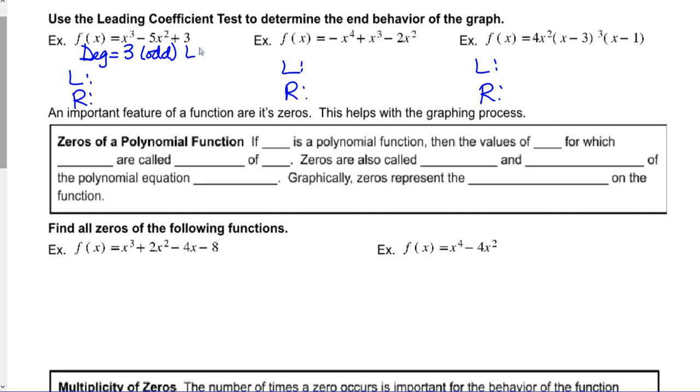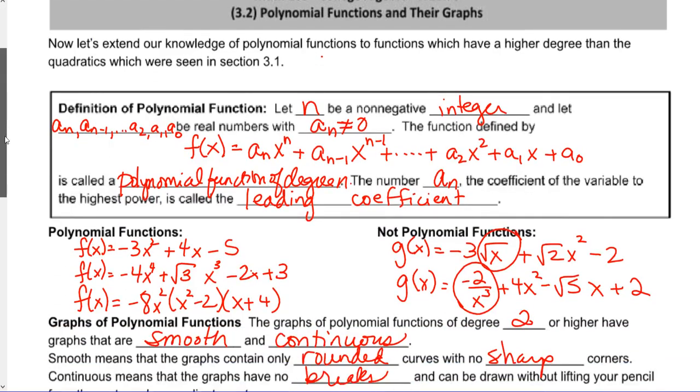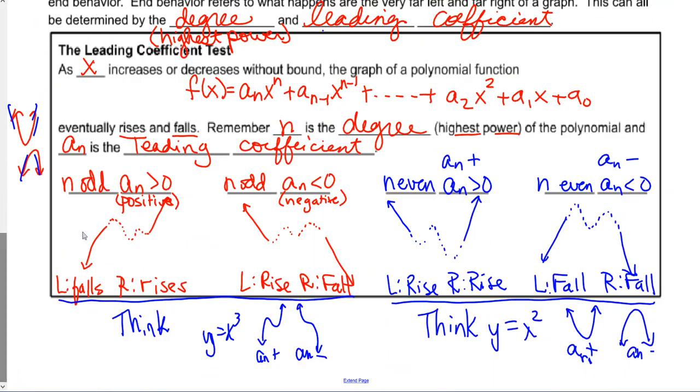And then our leading coefficient is the number in front of the highest power, and that leading coefficient is positive. We don't really care what the number is right now. We just want to know what the sign of that number is. So if we go back here where I have an odd power with a being positive, an odd degree,